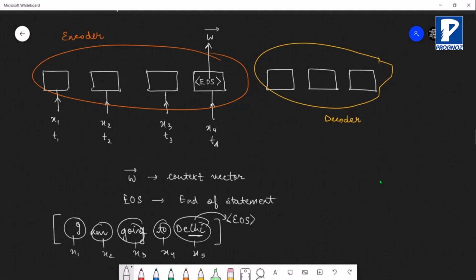But since we have understood that TF-IDF is a better alternative, we will convert this text into TF-IDF. Then this given statement will get converted to vectorial format. So suppose I has some vector value, let's say 0.1, am has 0.2, going has 5, to has let's say 3, and Delhi has say 4 or 41, any number.